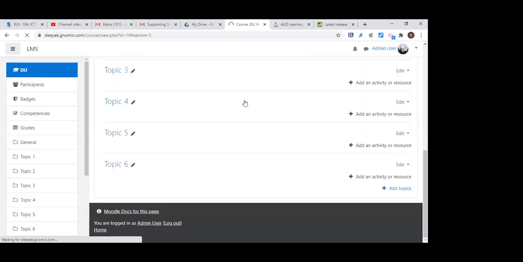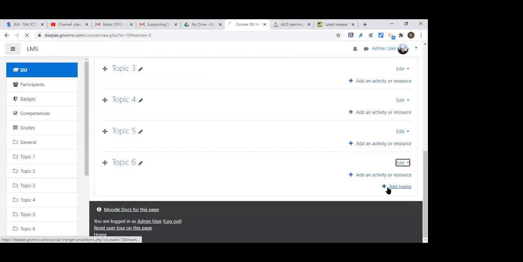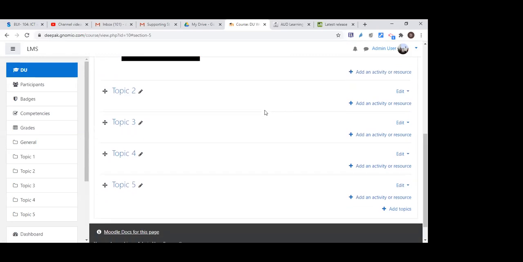I can delete any of the topics. Let's say I uploaded a few materials under topic 2 and I don't wish to make it visible to the student, then you can hide it, or at any point of time make it show. So you can upload the content but hide it here.